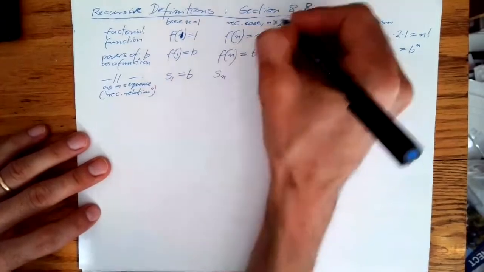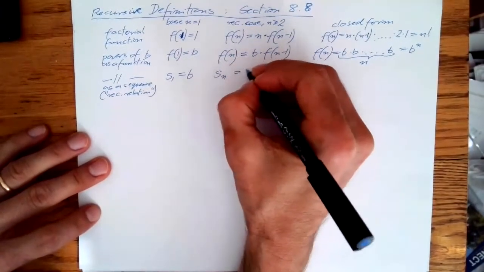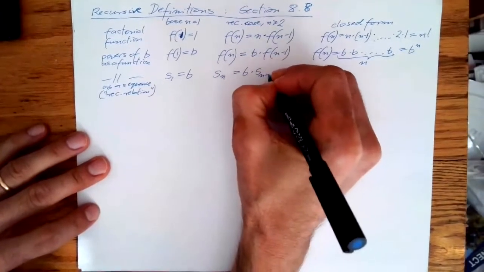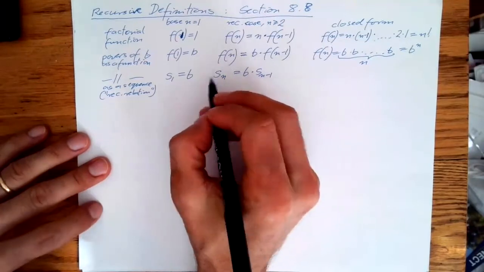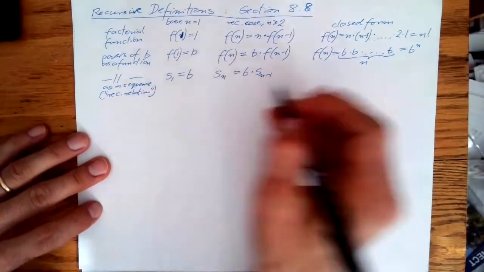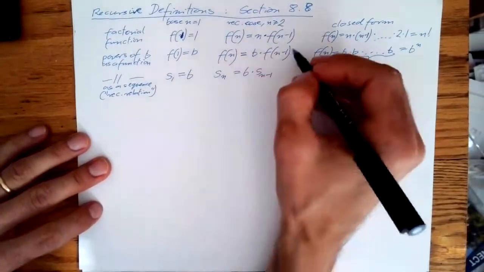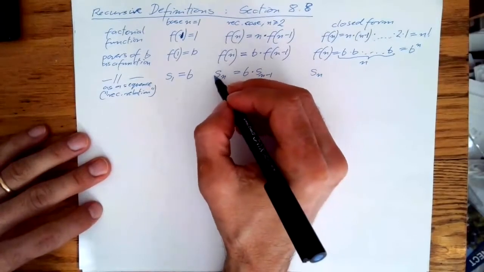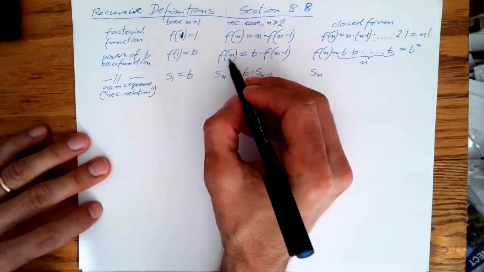Then after that, I define the sequence recursively: the nth element is b times the previous element. We call that a recurrence relation, but it's a recursive definition of a sequence. In fact, we define sequences as functions from integers,